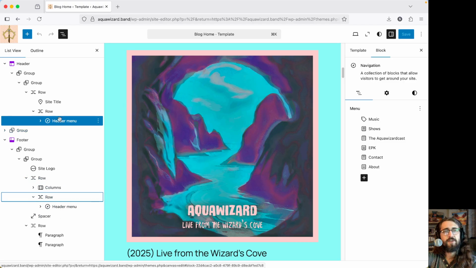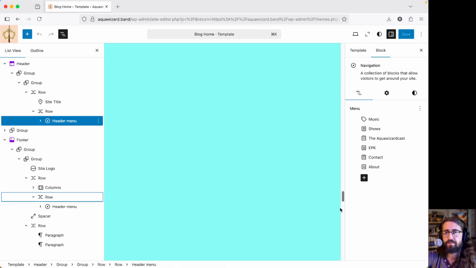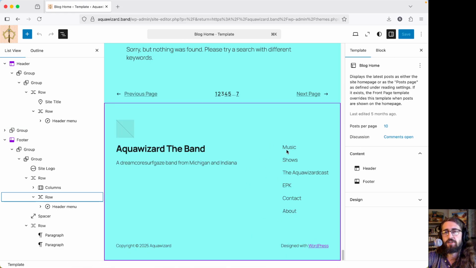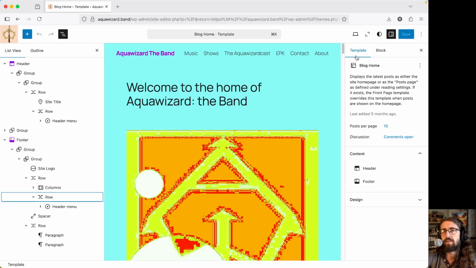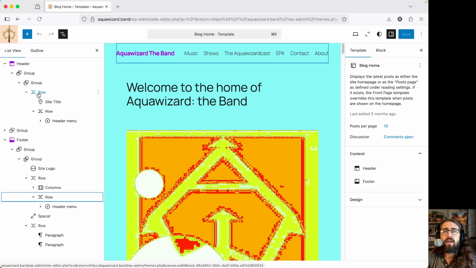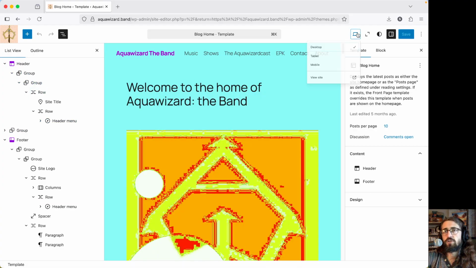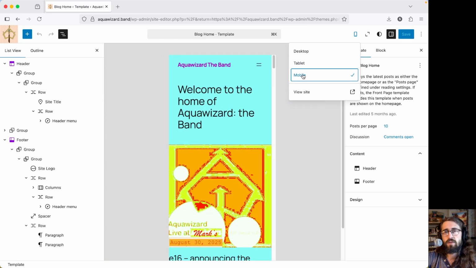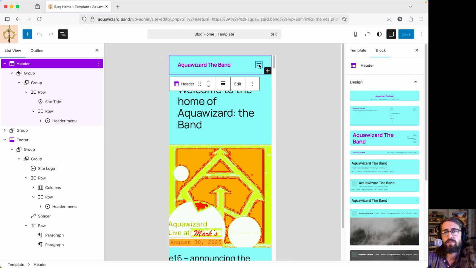So if I edit this header menu, because it gets called here again, that will be updated. Way down at the bottom of the page, this should automatically update because it's the same menu as the one that's up here. And I don't know how they do it, but there's some sort of magic in here that when you switch to mobile view, it turns into one of these mobile menus. It just does it automatically. I don't know where they programmed that to do that, but